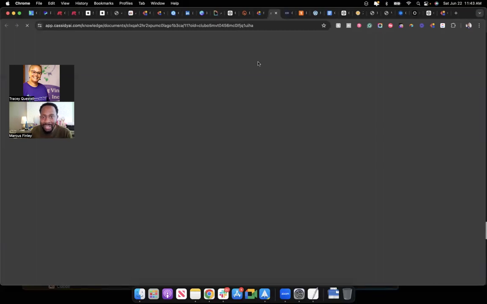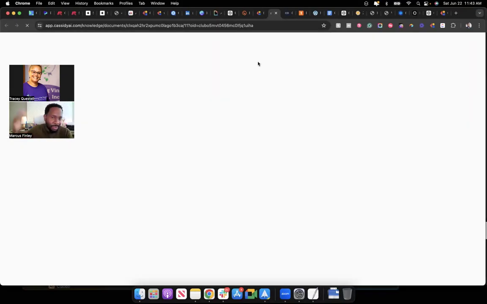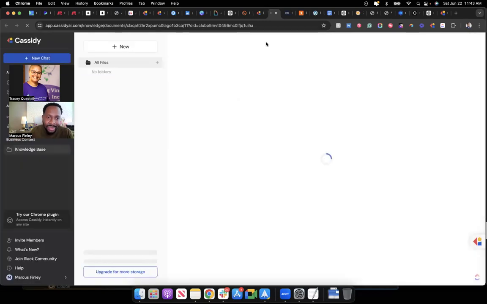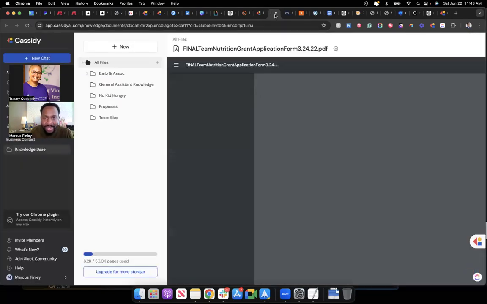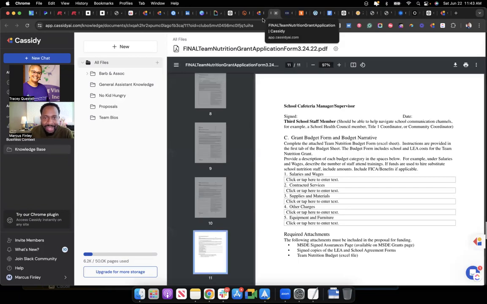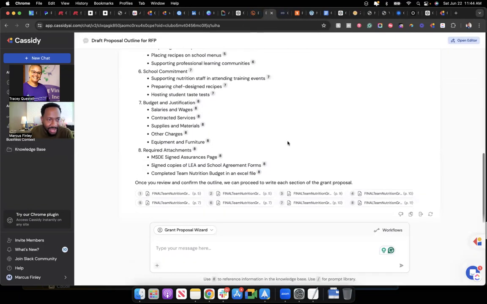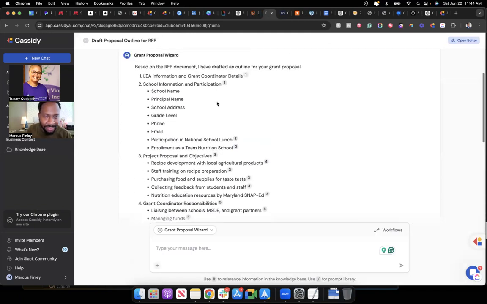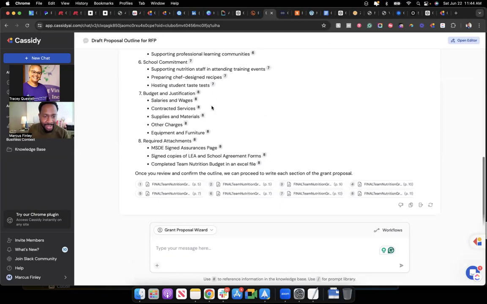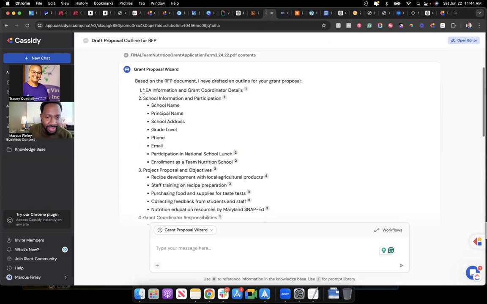I can go and find out exactly what part of my website it's pulling this information from. Kind of cool, actually. Which is huge in terms of making sure that the responses you're getting, you feel confident about. And that's going to be really important for those who are new to ChatGPT. And then I can have it actually